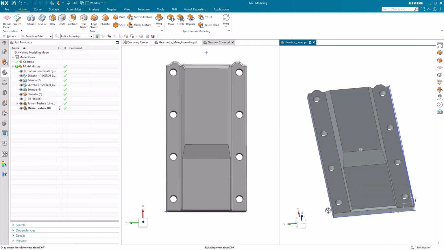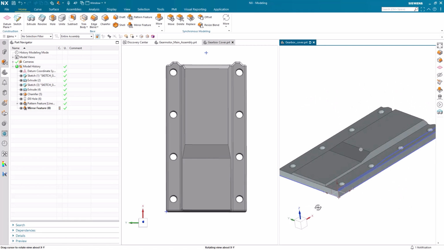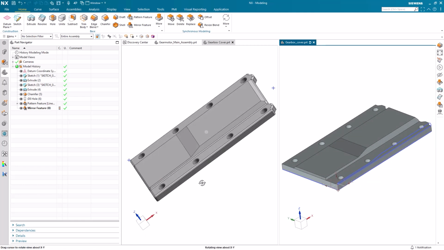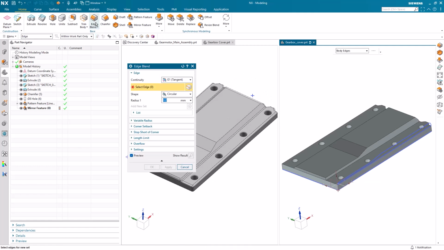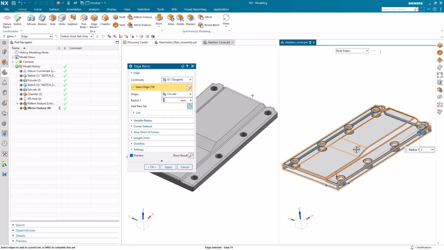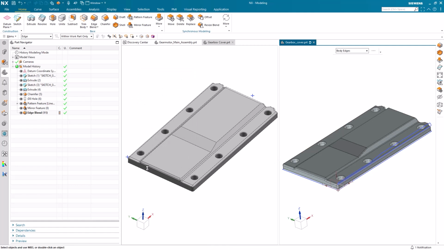Reviewing our part, we are now nearly finished reproducing the initial gearbox cover. To round off our corners, like the initial design, we can leverage the Edge Blend command. The Edge Blend tool is used to create smooth, rounded transitions between intersecting surfaces or edges. This can help to improve the aesthetic appearance of a part, as well as enhance its structural integrity and manufacturability. I'm going to select all the edges of our part using the Body Edges Smart Selection tool, and we can quickly finish up our model.